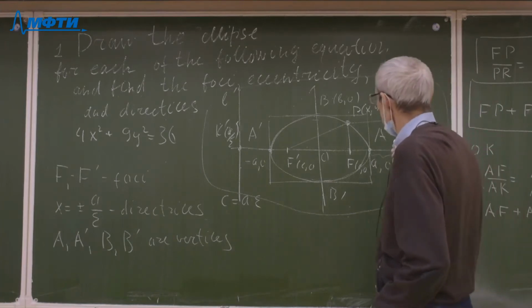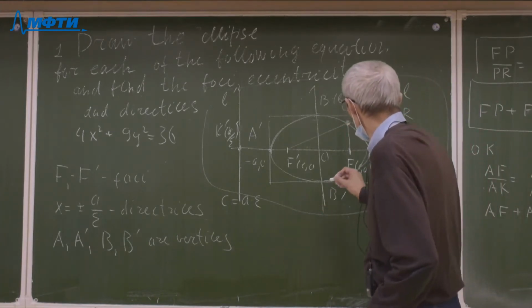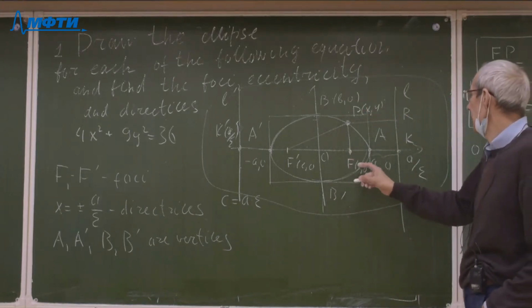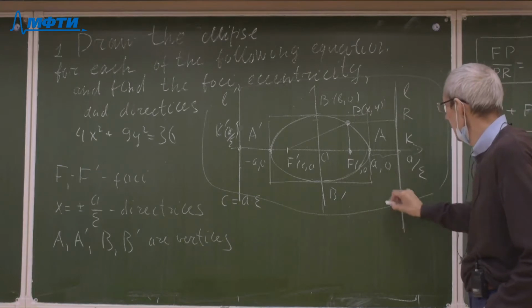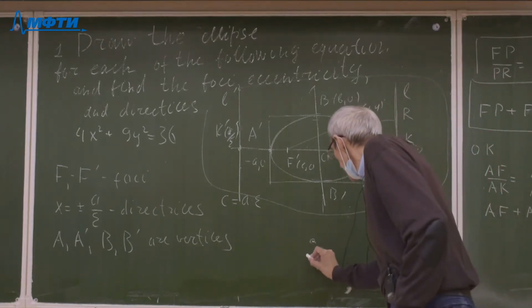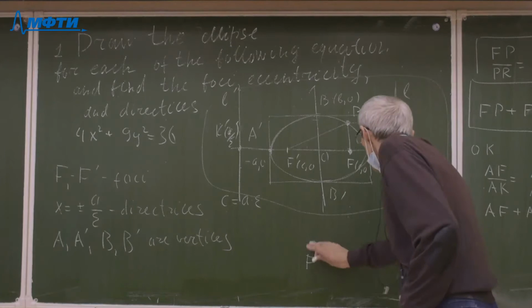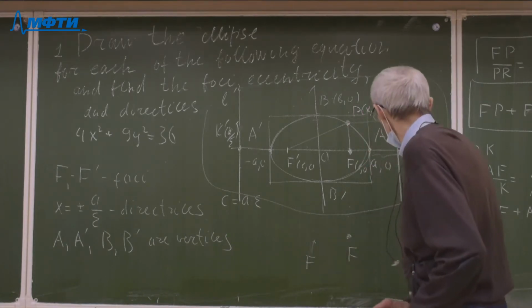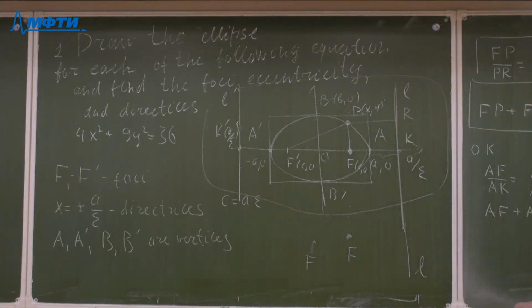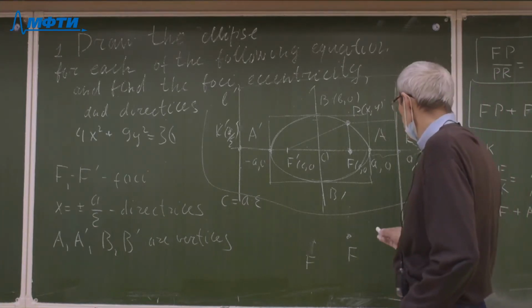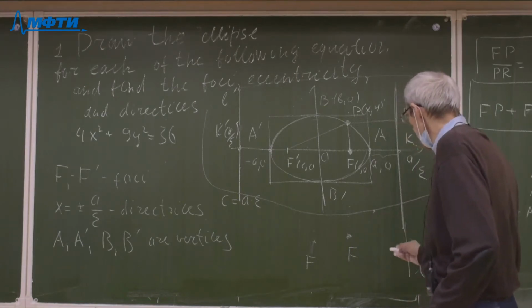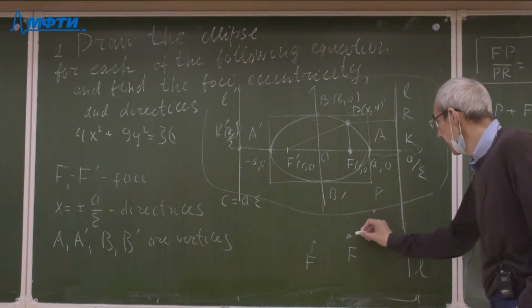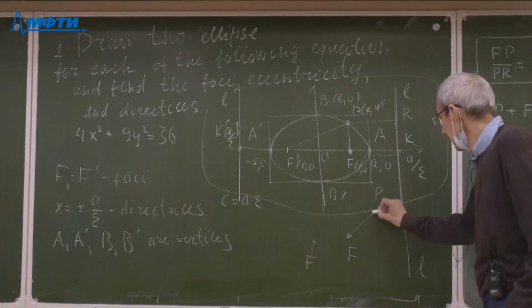We have some given point F and straight line A. And the ellipse is the locus of the moving point P, which moves such that the ratio of distances